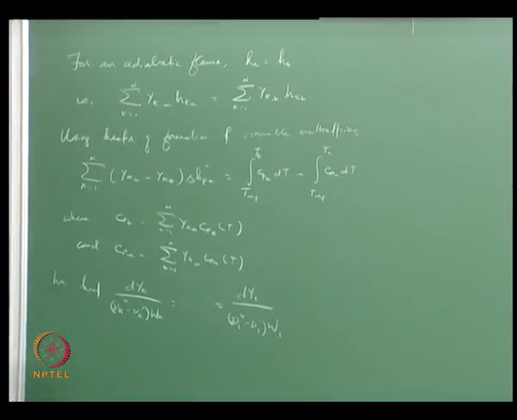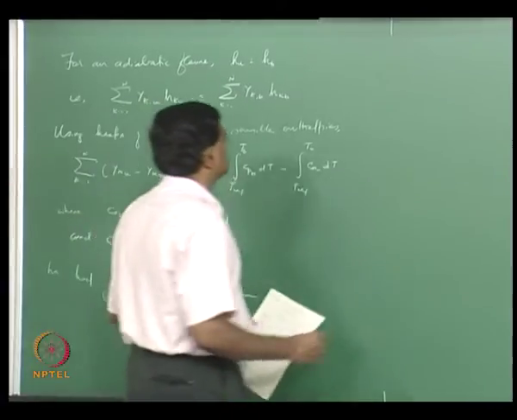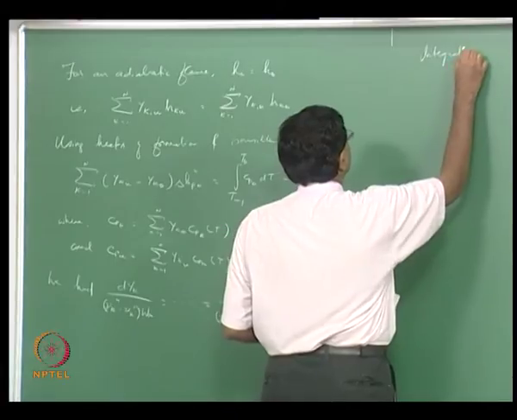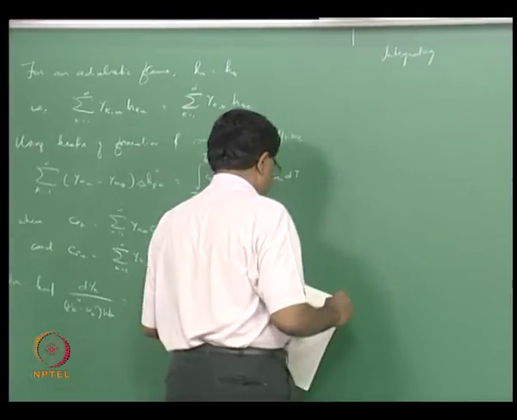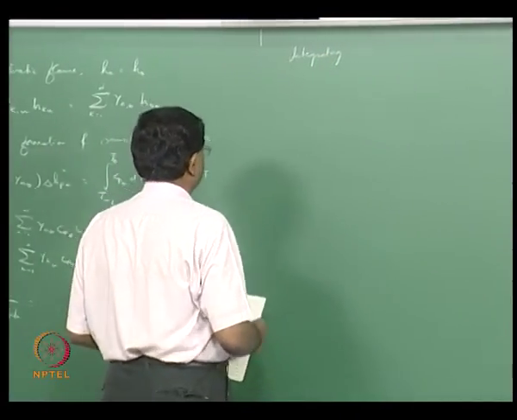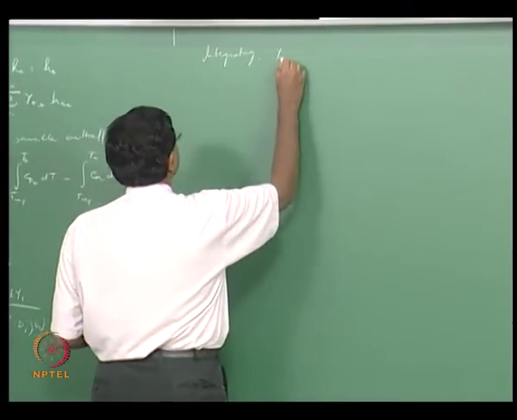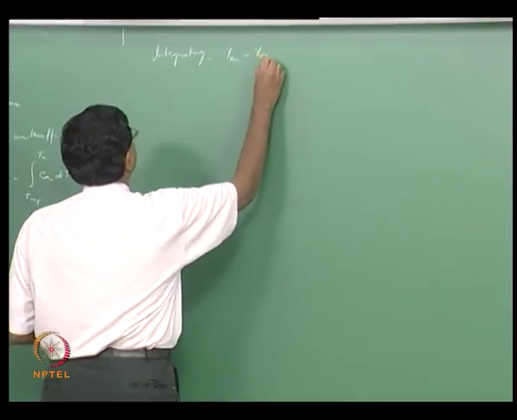So integrating this, we get Yku minus Ykb